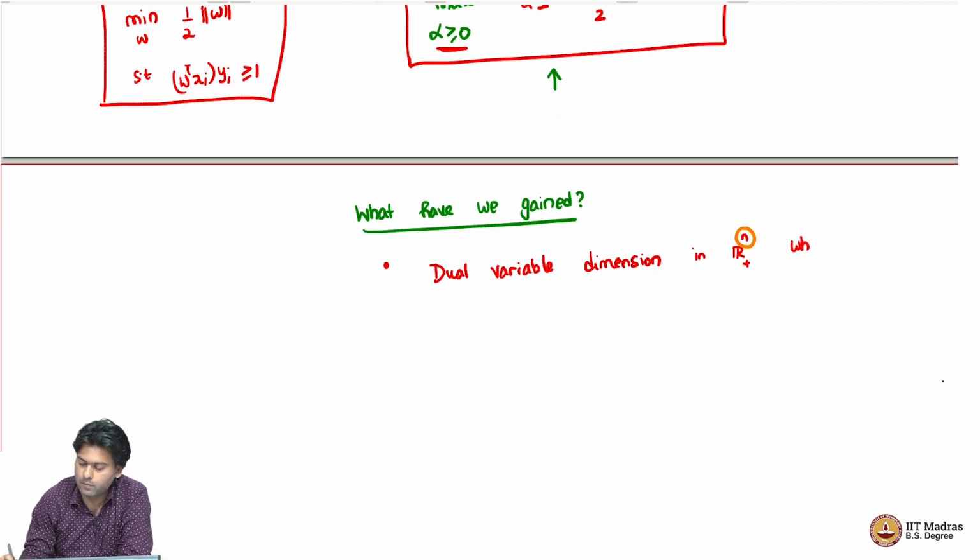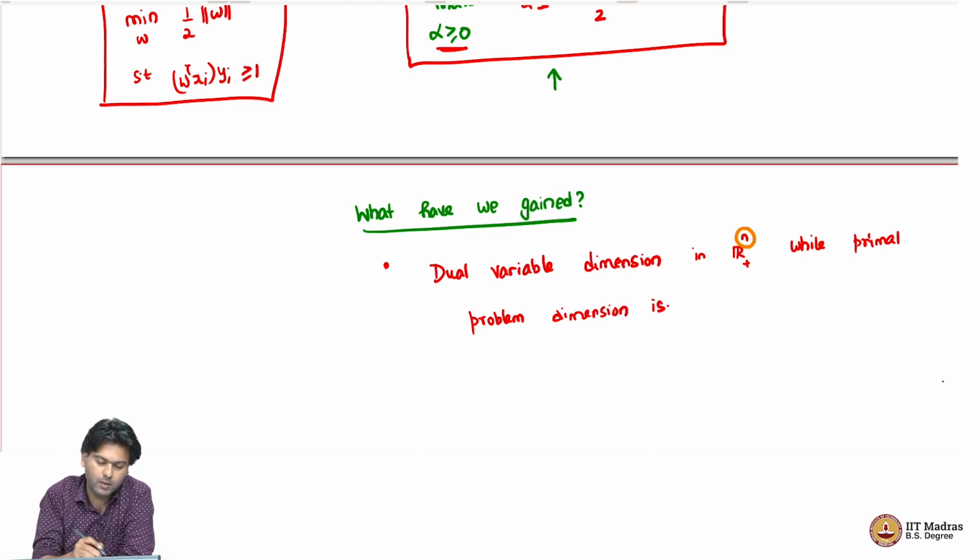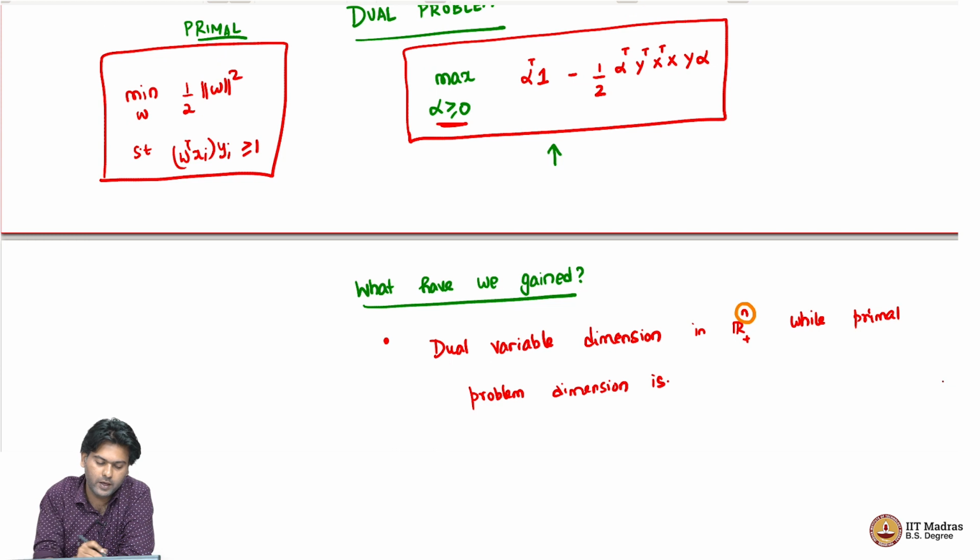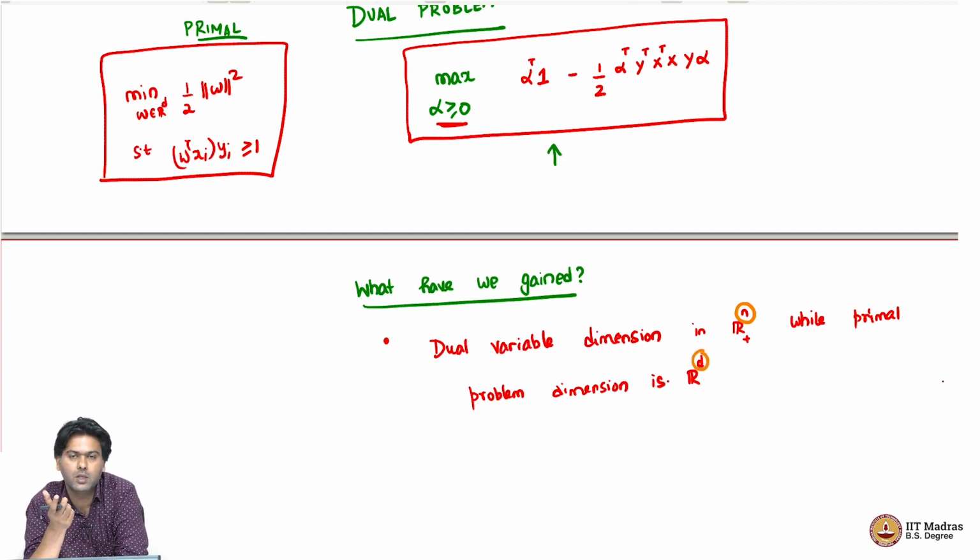While the primal problem dimension is what? Well, in the primal problem, what am I solving? I'm trying to find a w. This w is in Rd. It's a d-dimensional vector that I'm searching for. I'm searching for something in d-dimensional space in the primal problem, whereas in the dual problem, I'm searching for something in the n-dimensional space. Which means that if it so happens that your d is much larger than n, then